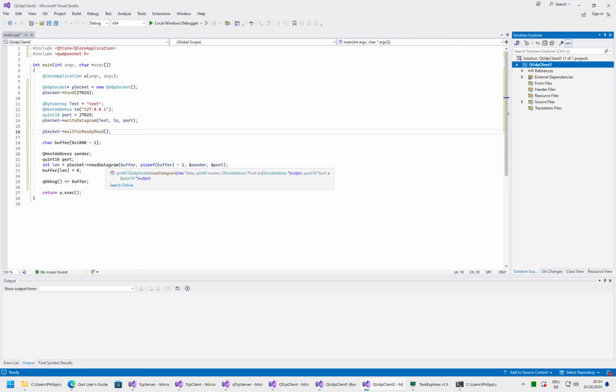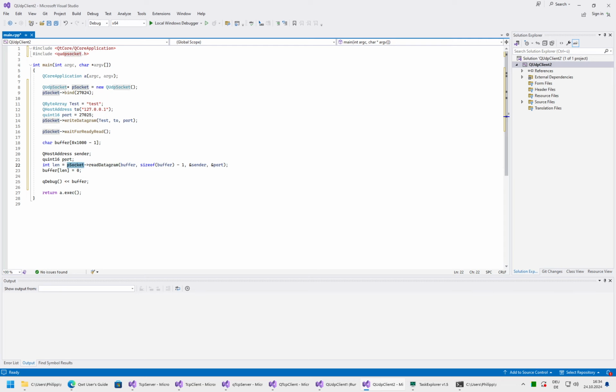You could find out the socket handle for your Qt object. They usually provide functions to get access to the underlying operating system elements, and then you could shut down the socket from a different thread, for example. But these are all exotic scenarios,